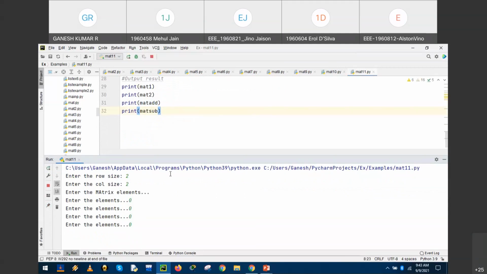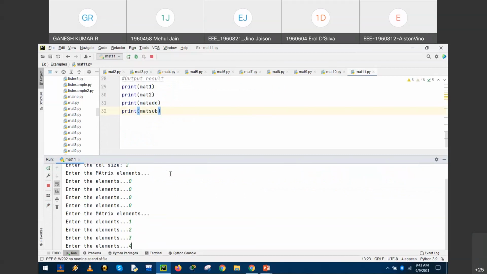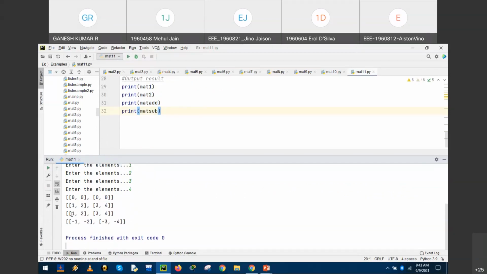First matrix contains all 0. Second matrix 1, 2, 3, 4. Right? So addition will have 1, 2, 3, 4. Subtraction. After subtracting matrix 2 from matrix 1, we have -1, -2, -3, -4.